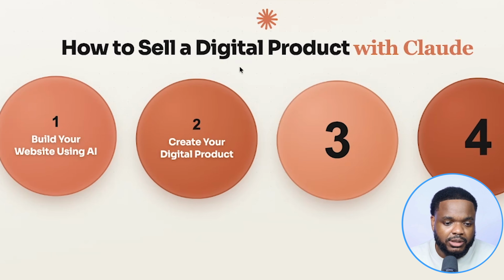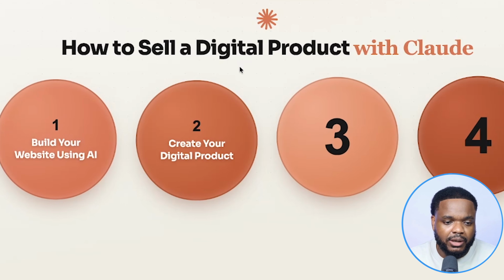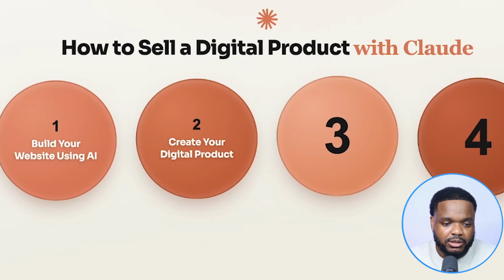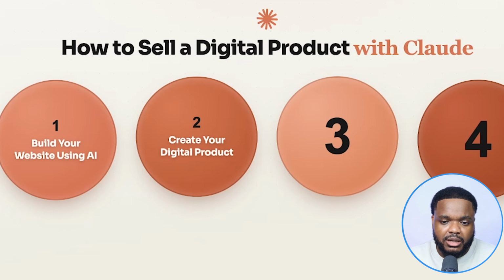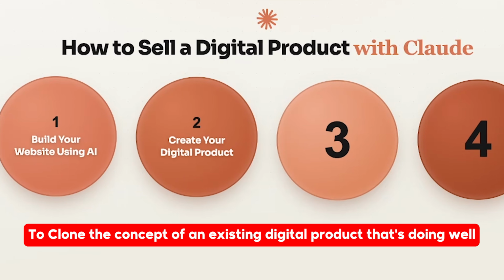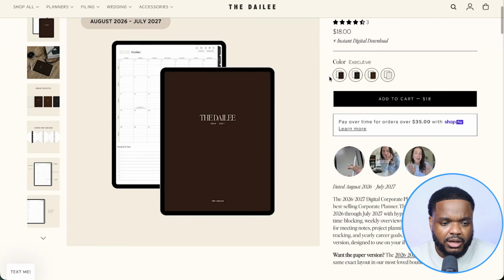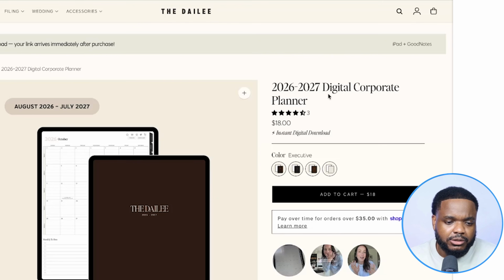Now, one thing that Claude is able to do really well is that it can build a digital product from scratch, one that you can actually sell, one that your customers are going to be happy with, but you can also use it to clone the concept of an existing digital product that's doing well. So take this one as an example, the one that we were able to find earlier using the store finder in Digital Maker AI. If I wanted to sell, let's say this one, but I wanted it to be targeted towards people that are selling online, you know, e-commerce store owners instead of just general corporate business people,